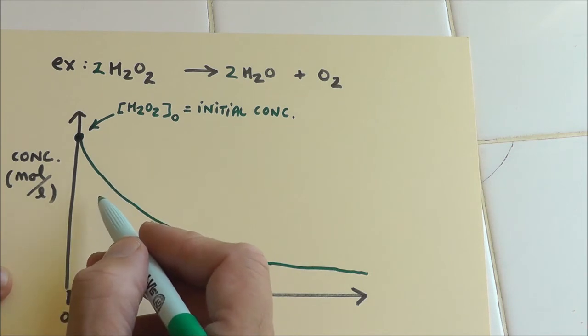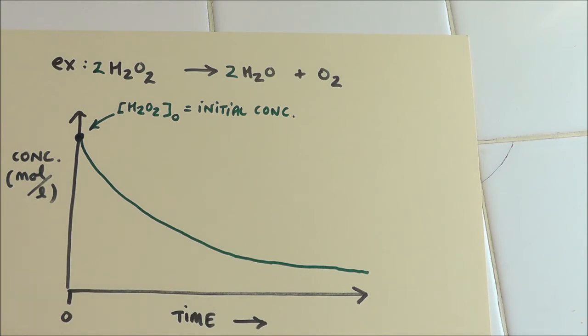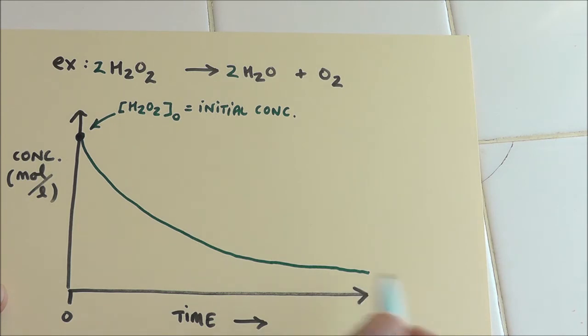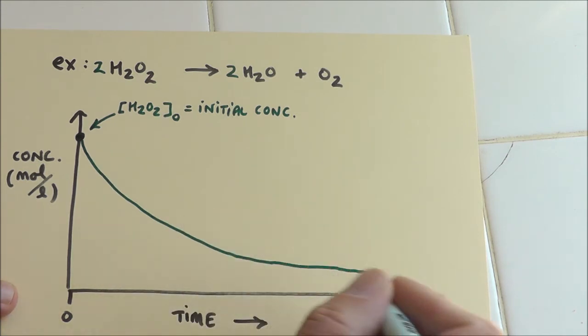Now, by the way, why is it slowing down like that? That's because as the number of reactant molecules disappears, there are a couple of main ways the story happens: either a molecule needs to hit a molecule of itself, or it just decomposes. We'll talk about all that later, but the bottom line is there are fewer reactant molecules around, and so the rate of the reaction slows. That's why the curve happens. The curve's real steep, then it kind of levels out, and eventually goes to zero on its own terms. So this is H2O2.